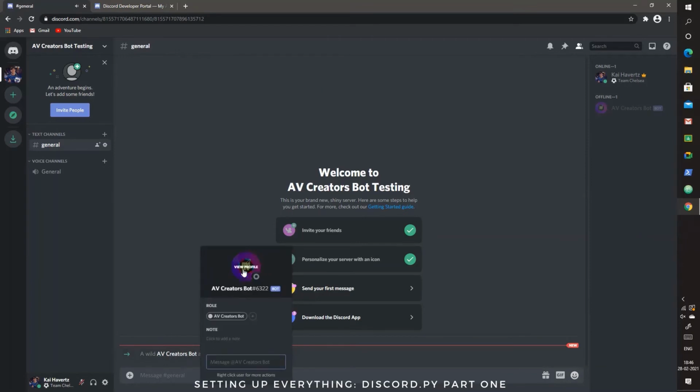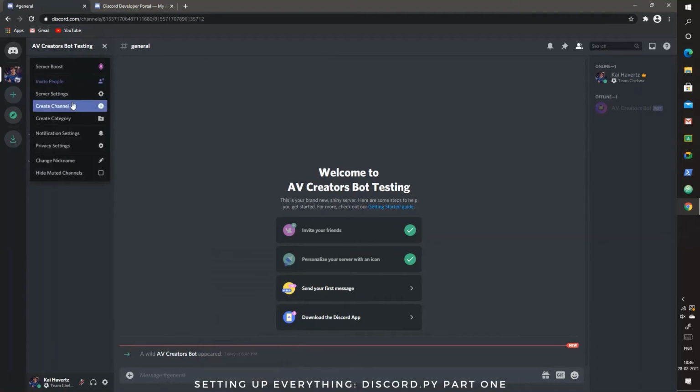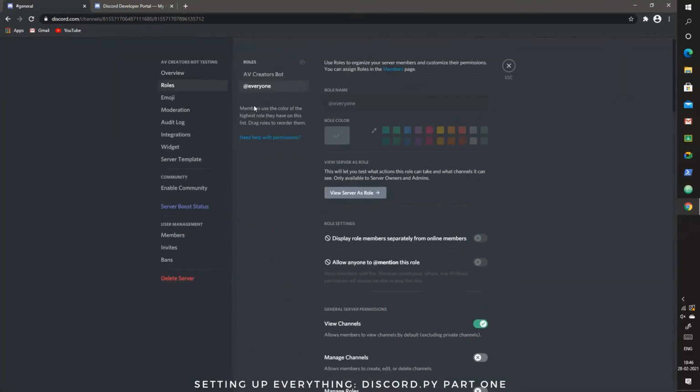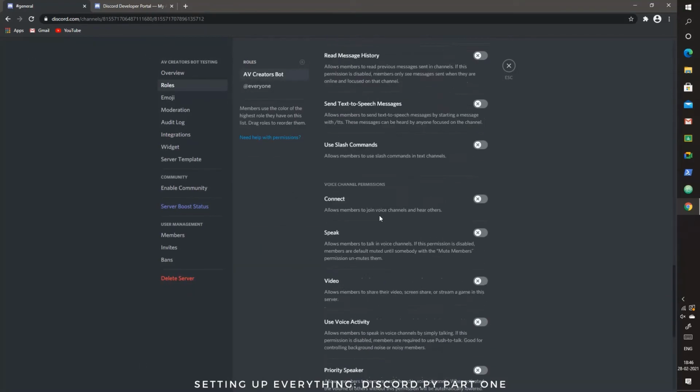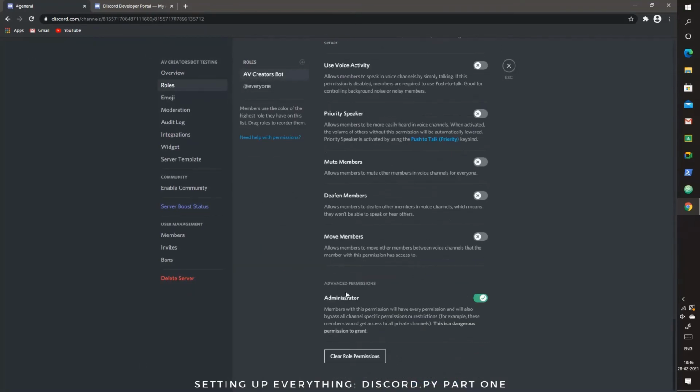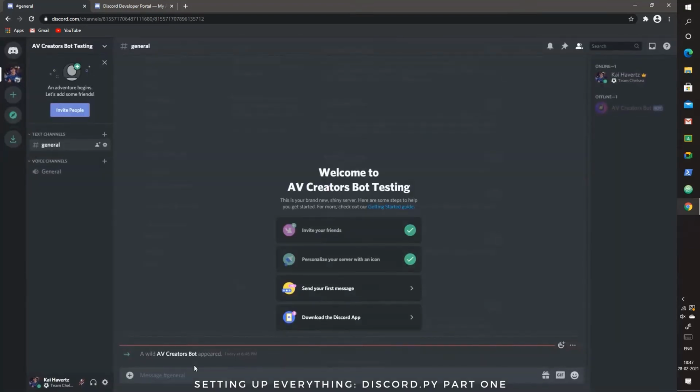So our AV creators bot has come up, and here you can see there's this default role which we created, and I'll just show you something. The default role has that administrator permission we had selected right there. So that has come, and now it's offline because we are not running it, and unless your script is run, your bot will not run. That's pretty obvious. It's like our tkinter timer which we made. Unless you run the script, you won't have the window coming up.